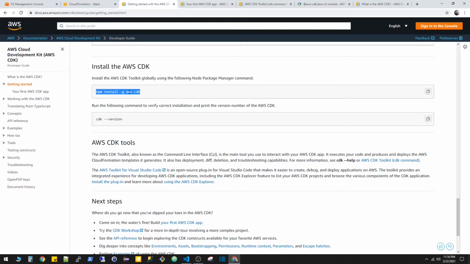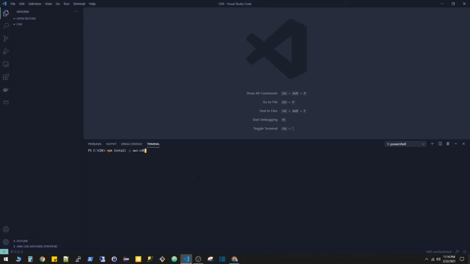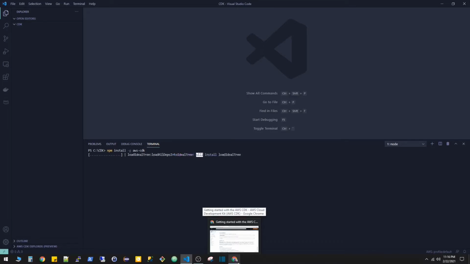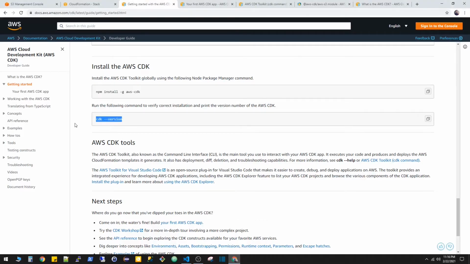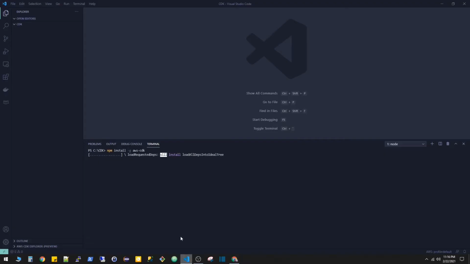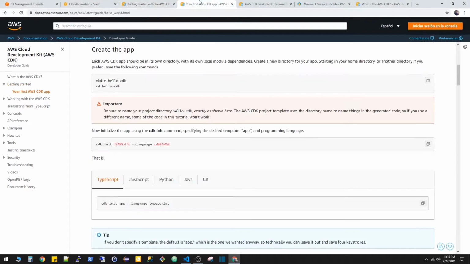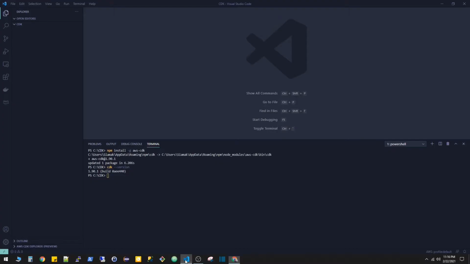The first thing we need to do, we need to install AWS CDK. So using npm that we already installed on the machine, we're going to go ahead and install AWS CDK on my machine globally. And then for sure, we're going to go ahead and check the version of my CDK code. Let's do that. Perfect. Awesome. We see that. In the next step, I want to create a hello world application,